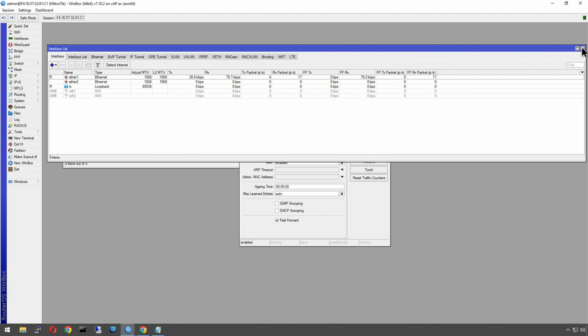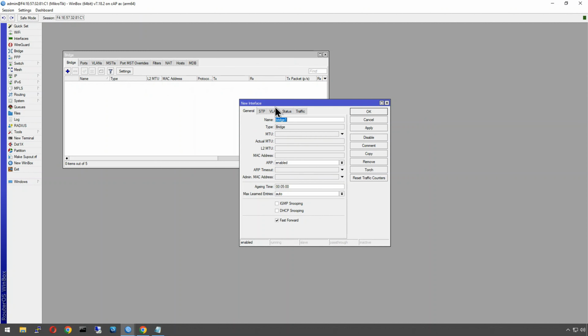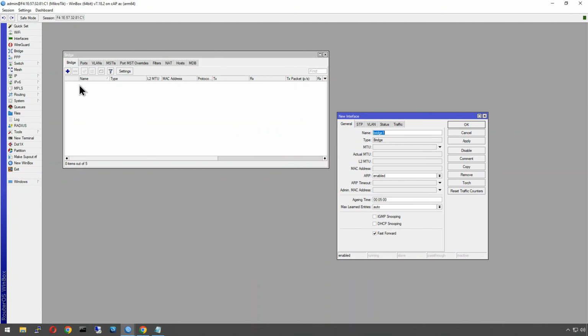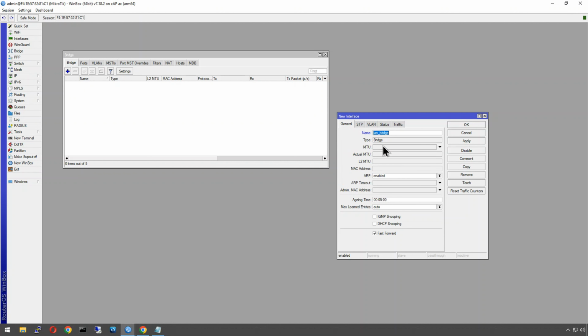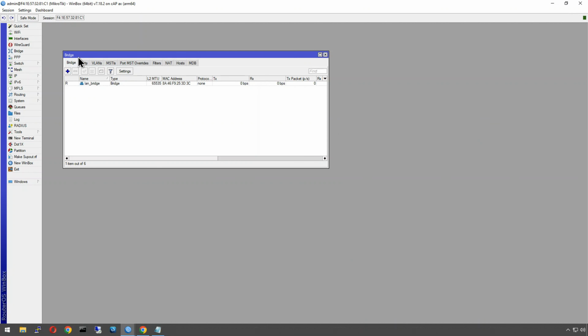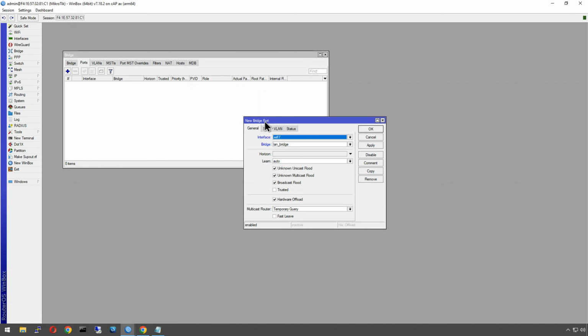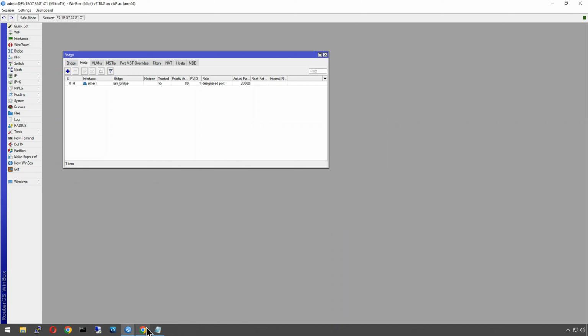Anyway, we're going to create a bridge, but we're only going to put a single interface into it, and I will show you why. In fact, I will show you back on the hAP. We'll just create that bridge first. Okay. And then we'll stick our Ether 1 into that bridge. If I jump back onto the hAP,